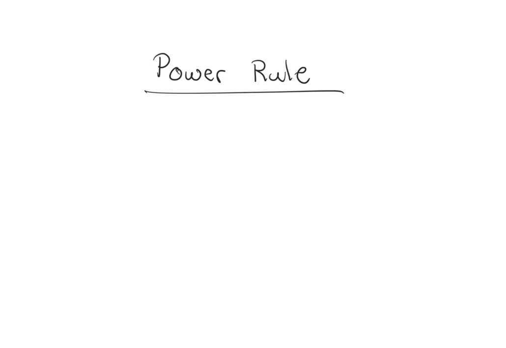In today's lesson, we are going to be applying the power rule to find derivatives. So far, we've been using the limit definition of a derivative, and now we're going to learn our first shortcut. So the shortcut is, if we have a function y equals x to a power,